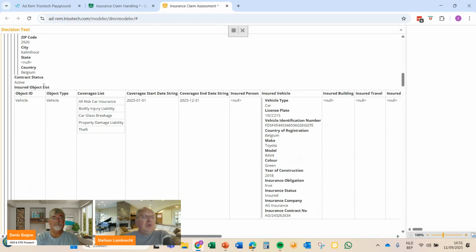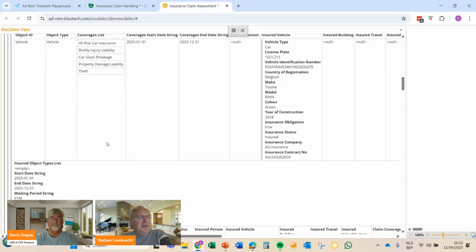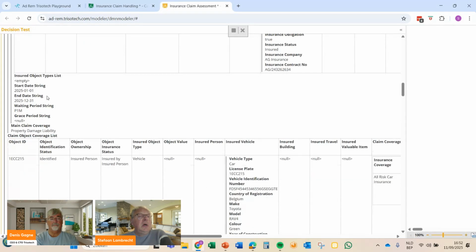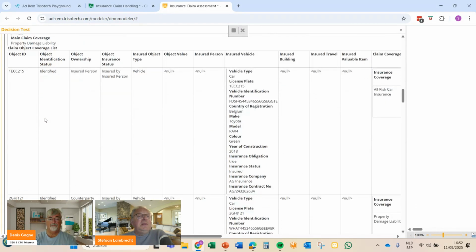All the insured objects within the contract are here. So this is my car. This is the identification of my car, etc. These are the coverages that apply within the contract to my car. So I have an all-risk car insurance. I've got property damage liability when I run into another car, etc. With the start dates and end dates.